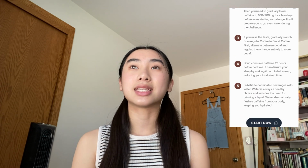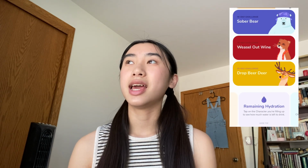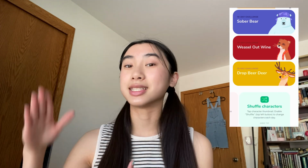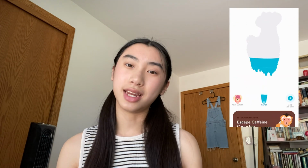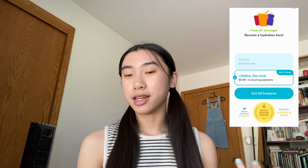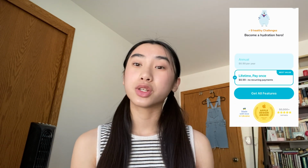Some cons of this app is that because you are able to not only track your water but also different beverages, that option is for premium. So that is one thing I don't like, but I also understand that if you are really into tracking how much you're drinking exactly, that would be an add-on. In addition to that con, okay, I understand that the premium feature definitely gives you a lot more features, but